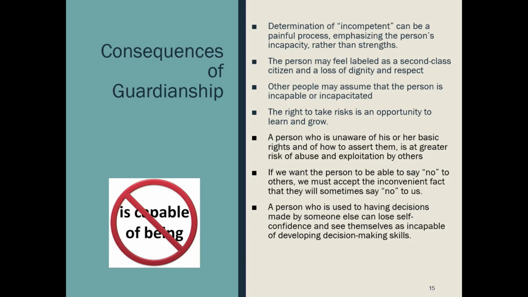But there are also consequences to guardianship, both for the individual and for the way in which society sees that person. So a determination of incompetence can be really painful. I mean, think about so much of the experience prior to 18 can be a really strength-based approach. So our schools are helping young adults think about what the future looks like and what they're able to do. Even starting in birth to 3, it's a very strength-based approach. Yet at 18, suddenly we're going to flip that and say, you are incompetent in the eyes of the law and in the eyes of society, and that can feel really bad.